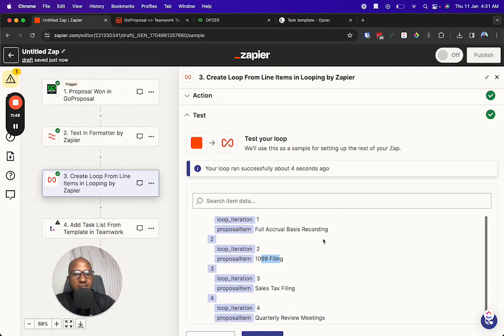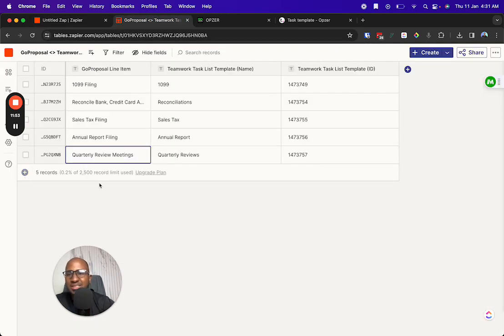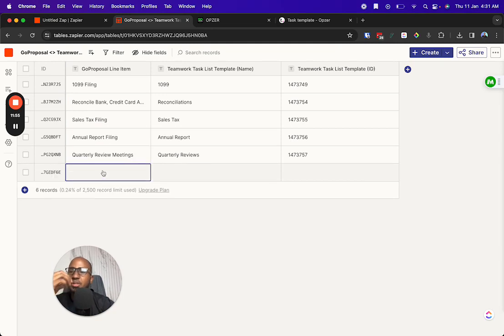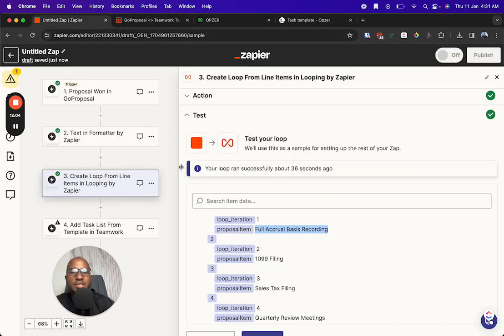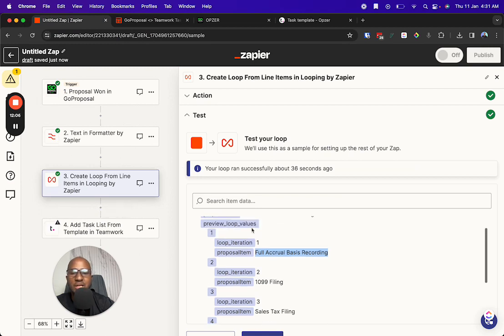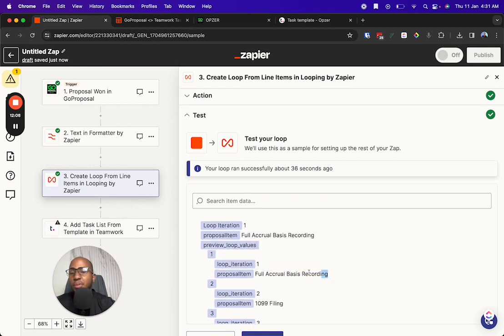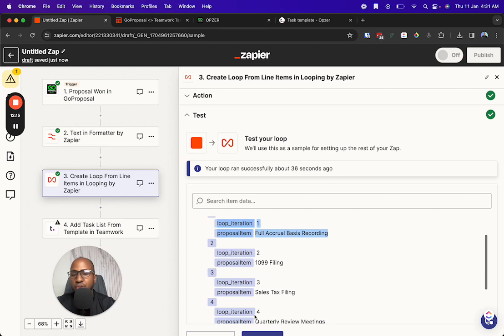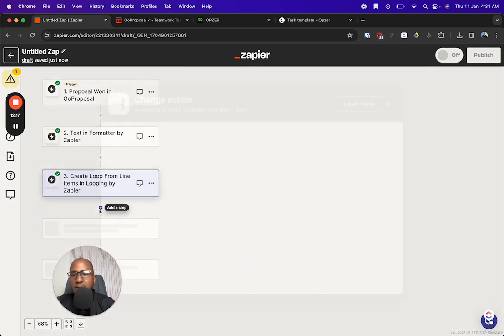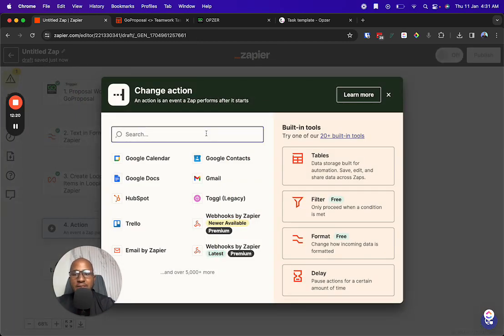Now, for the sake of this, let me actually do this real quick. I'm just going to add a 6th row here, just because I tested with this line item. I'll just put something like this here, just as a way for me to be able to test, because unfortunately they only give me the first variable to test, but when you run it live, it will run as many times as it needs to run, in this case 4 times. So let's